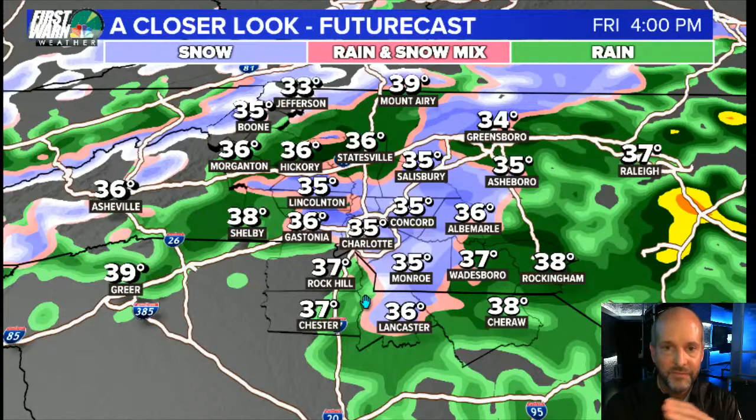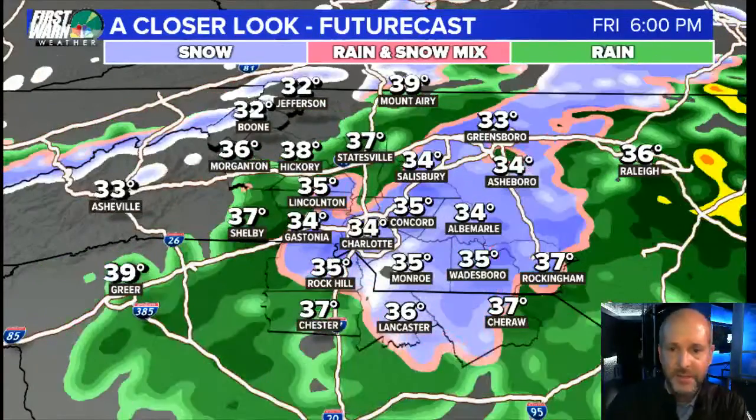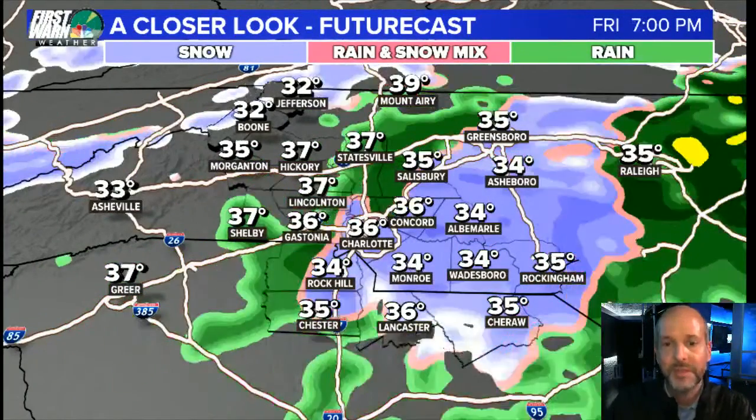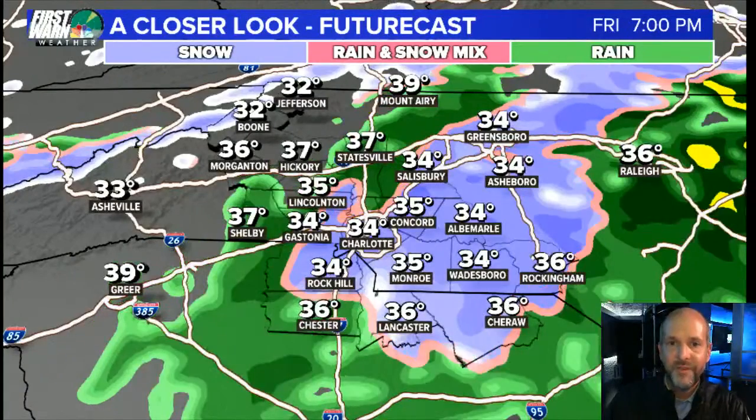So it could be a 50, 60, 70 degree difference between the ground and that altitude, and that temperature difference is what causes convection or thunderstorms. So there's a possibility with the really cold air aloft dropping in on the backside, we could see some thunder snow. And anytime you see thunder snow, while it's cool and it sounds awesome, and I just picture Jim Cantori jumping up and down like everybody else, it causes really fast, just like a thunderstorm, really heavy precipitation,